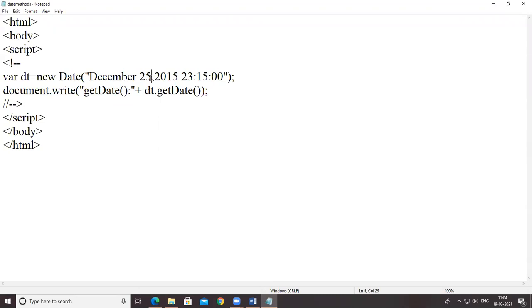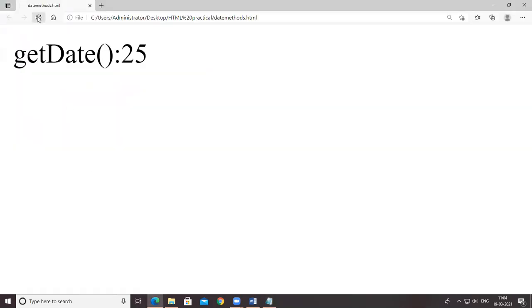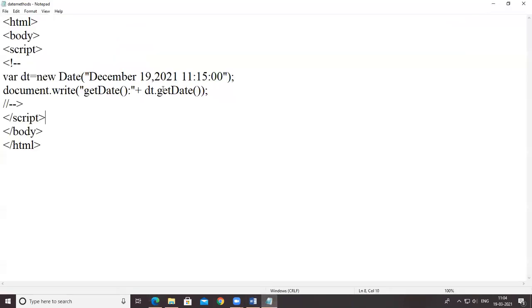Okay, so I change this value to 19. Let's see. See the value, the date is 19.